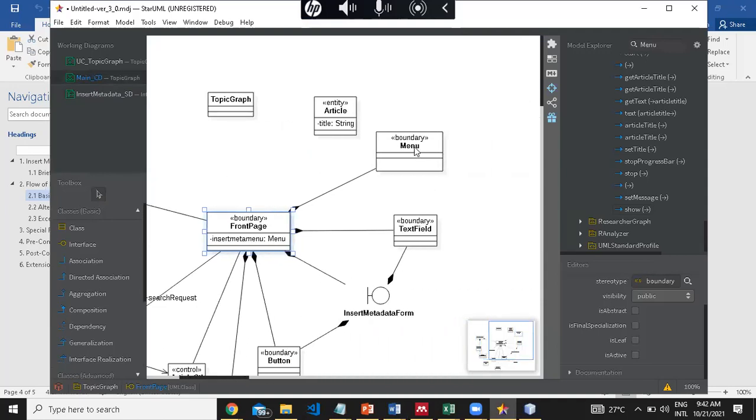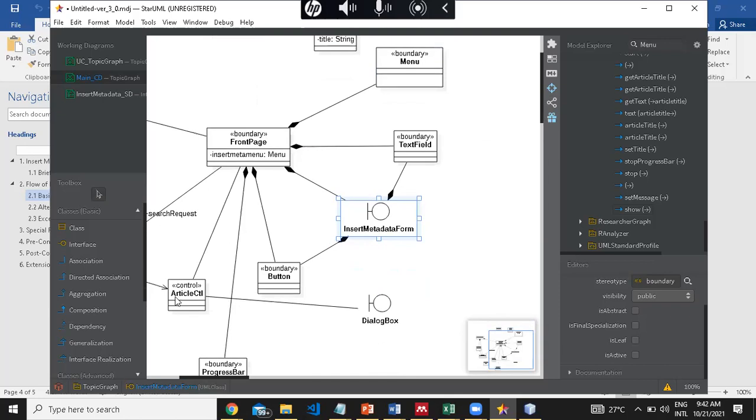This is the menu, insert metadata menu, and this is the form. So what is not allowed is when you click the menu and then the menu instructs the insert metadata form to show itself. That is not allowed. So you have to